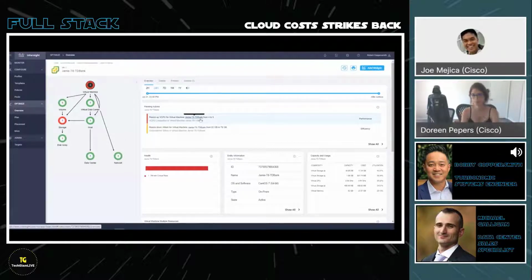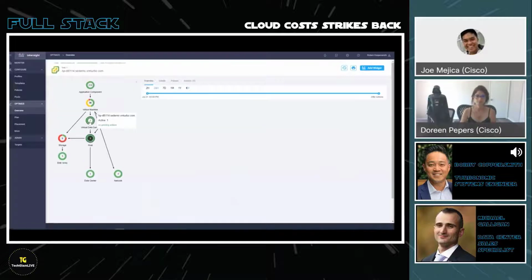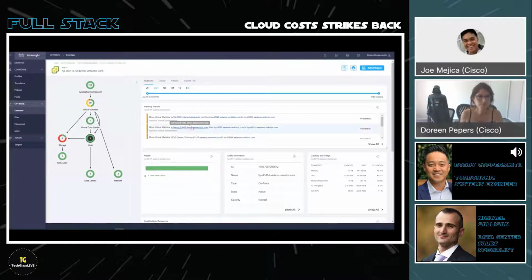Because even if I know that I want to give more CPU to this machine, if I'm trying to make the best decision possible for everything, I have to really look at the underlying physical machine as well, right? Because if this physical machine is already heavily utilized from a CPU standpoint, or maybe more utilized than it needs to be, then taking that decision that I showed earlier, where we're trying to increase the CPU capacity of one of those VMs, is probably going to create more problems than benefit, right? Because now we're actually instilling a bottleneck, a layer beneath us, which in this case will affect 22 additional virtual